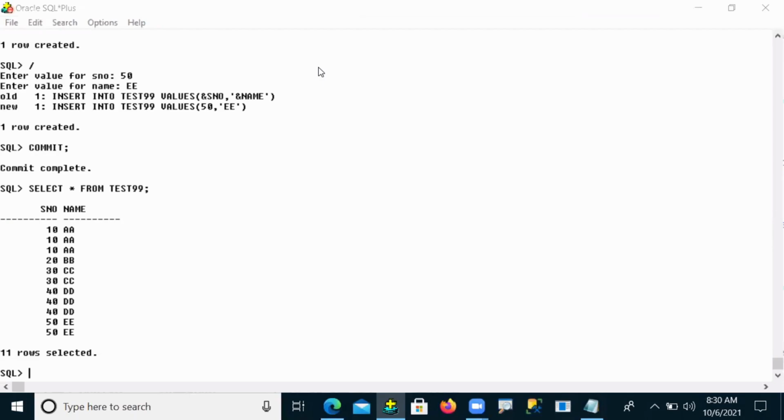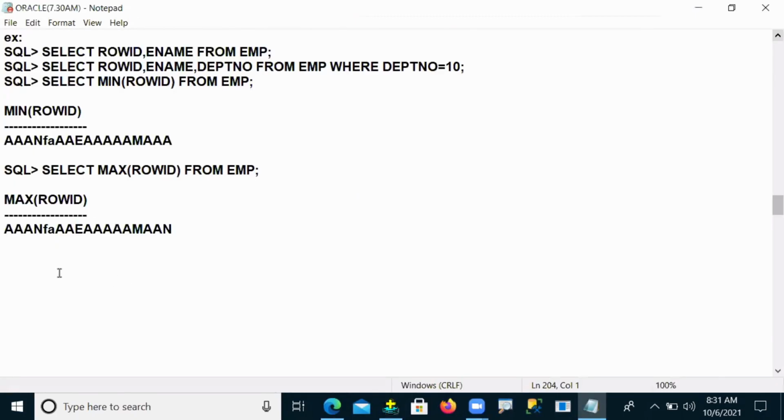Yes, duplicate data. So my requirement now is that whatever duplicate rows are in this table, all of that duplicate data has to be deleted. So my requirement is how to delete